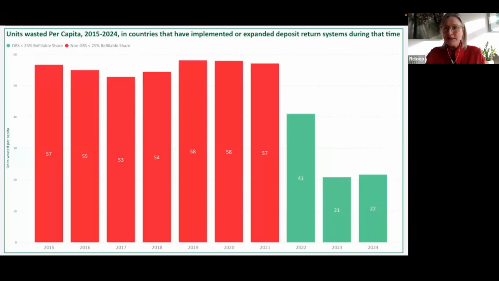Let's look at Latvia in terms of wastage. Again, you see the waste per capita of PET and a huge decline falling shortly after the introduction of the DRS. And just so you know, these screen captures are all from our What We Waste dashboard, and you can get these yourself for any country that you want to see. And also, of course, I've just showed you PET, but I could have shown you glass as well, or I should say metal as well, but I only have a certain period of time.